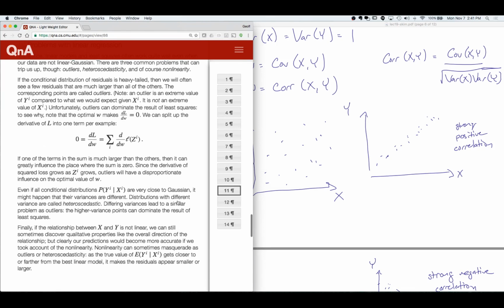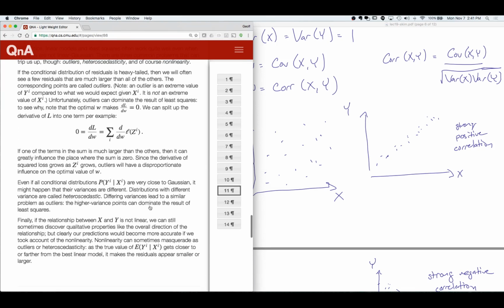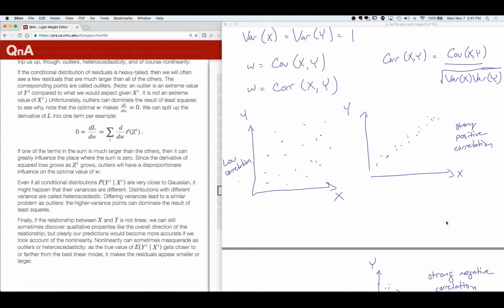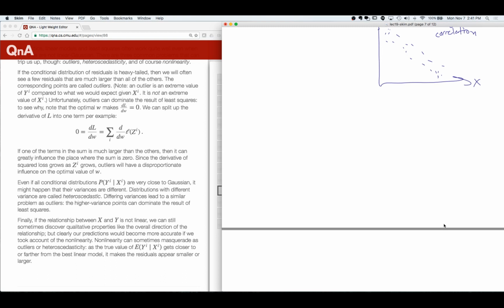Even if all of our conditional distributions are Gaussian, it could happen that their variances are different, and that's called heteroscedastic. And these differing variances, right,